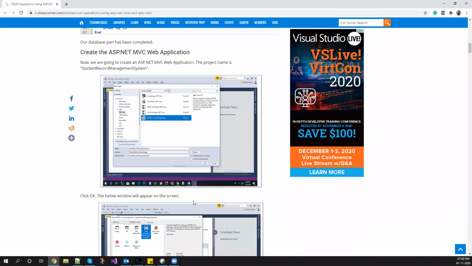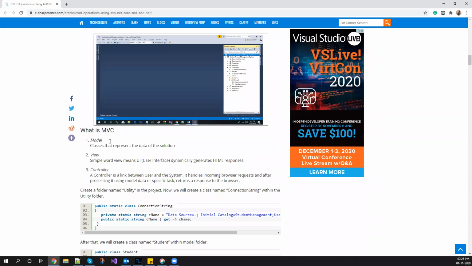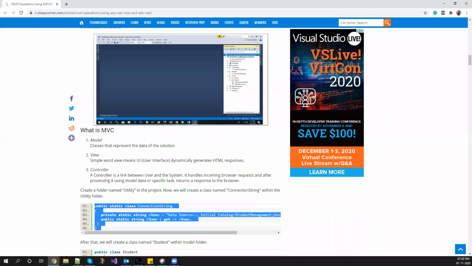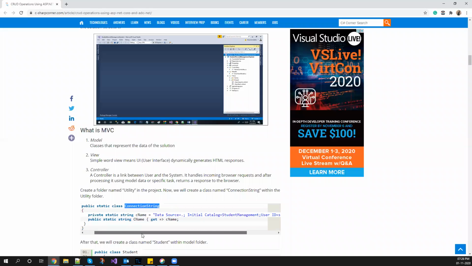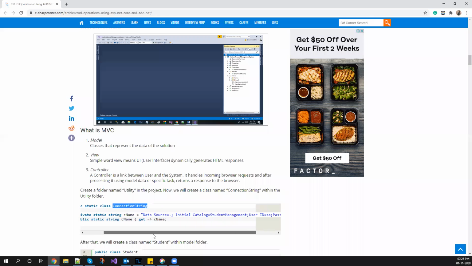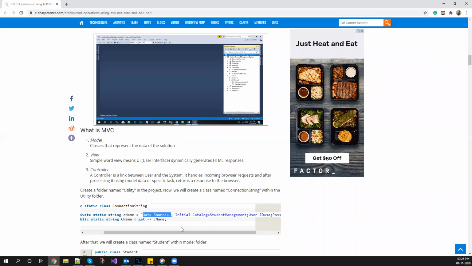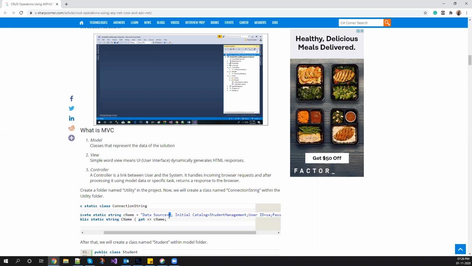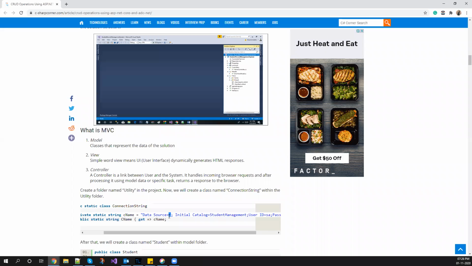We are creating a web application, and we are okay with that, right? MVC we have already done. Now one thing is the connection string. As I told you, we need authentication on how we are going to connect to the database. So this is the connection string, which is very important. It is generally added into the web config. If you are doing a Windows application, you have app.config where you can add this. Data source is basically your server name. Dot means localhost, your local server. You can use whatever server name you have.